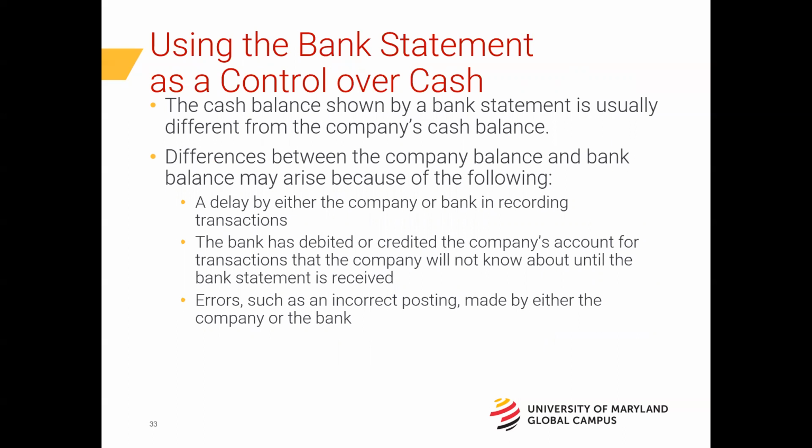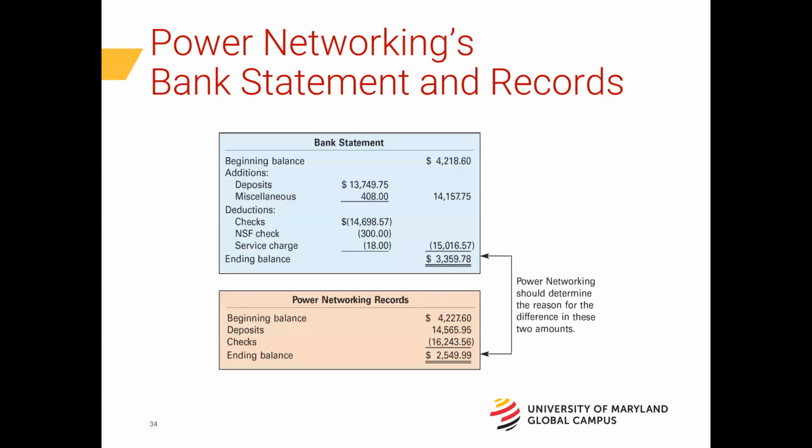So sometimes, yeah, there's going to be a difference between the bank statement cash balance and what the company's cash balance is. That happens a lot, and a lot of times it's because there are delays in individuals cashing checks. There are delays in recording transactions. There are fees and interest and all kinds of stuff that happens in between. So what do we do? We do this thing called bank reconciling, where we match our bank statement to what is in our company records.